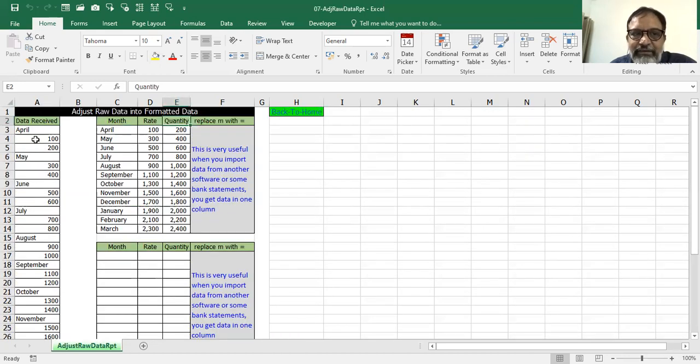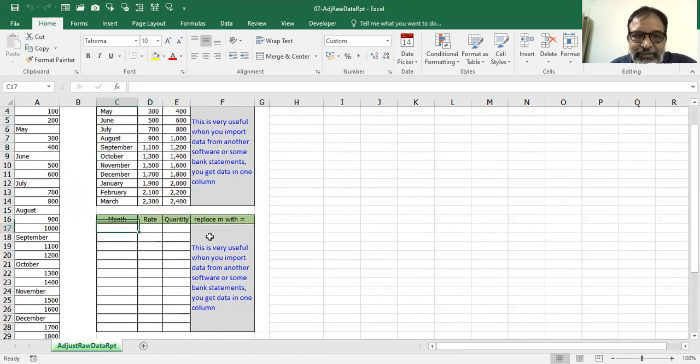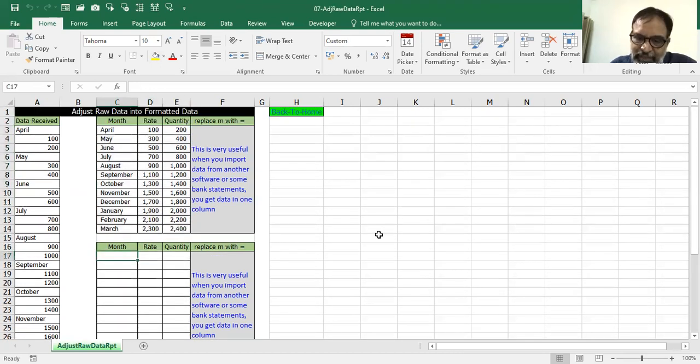You could use copy and paste, or copy, paste, transpose, and all those things. But here transpose will also not work, because for each and every third row you have to do the transpose. So in that case, this is the requirement as the final output. Here you see what I'll do. I'll write